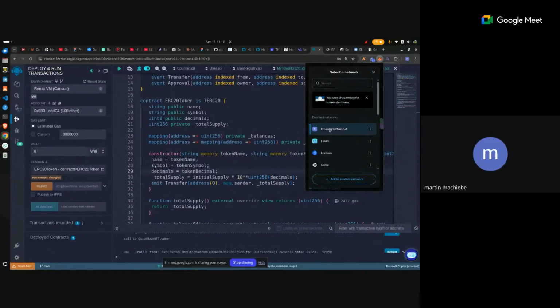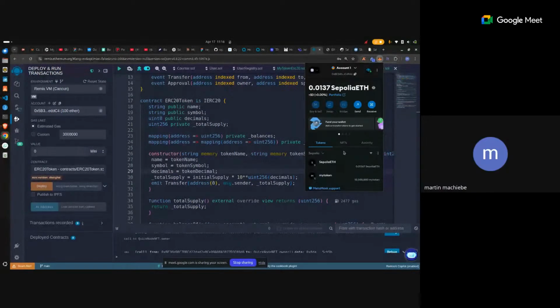sure you change it to what? Sepolia. You change it to what? Sepolia, or you change it to what? Linea Sepolia. Any one can work. So I'm going to change this to Sepolia. By default, Sepolia usually comes with a default value. But if you don't have any Sepolia here, you just copy this and you go to